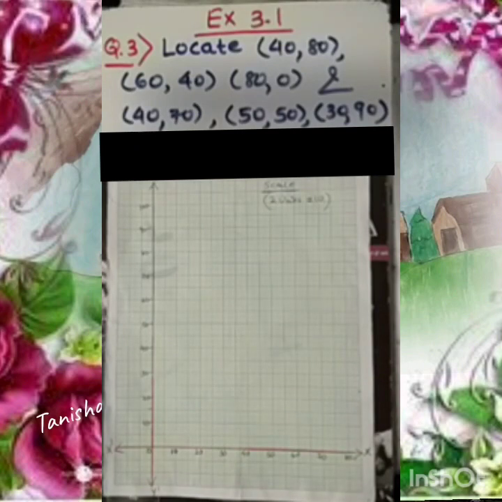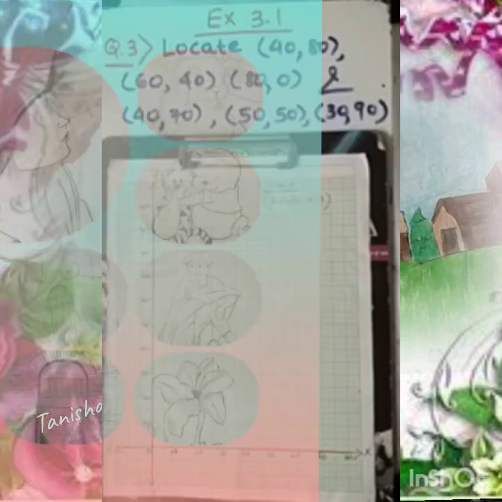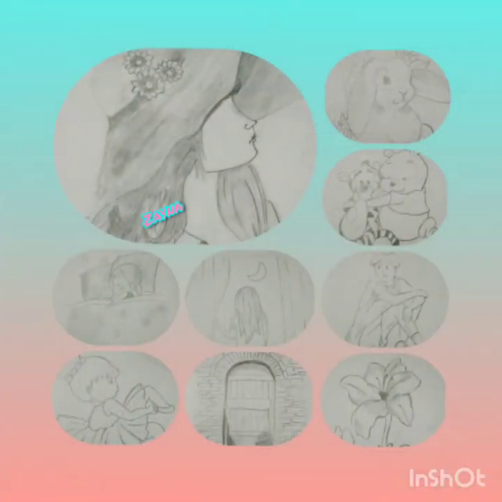So let's work out on locating the point. Okay. Observe carefully. We are going to locate the point on the graph paper. Now first point is 40, 80. So 40 is correlate with x-axis, and if we go with that, 80 will be here. 40, 80 is coming here somewhere. Okay. Let me locate this point here, 40, 80.